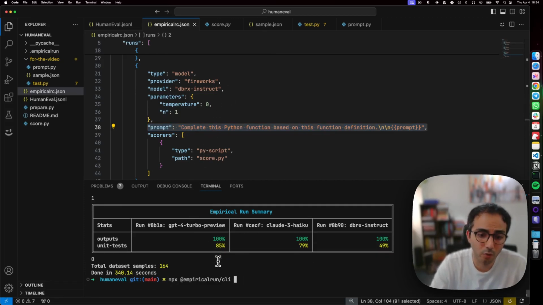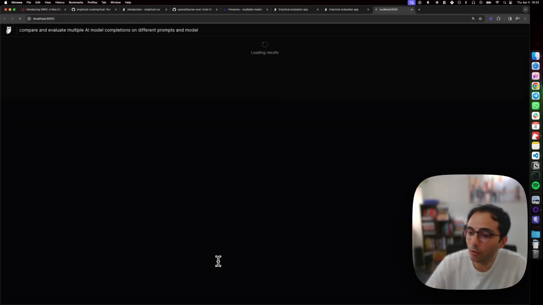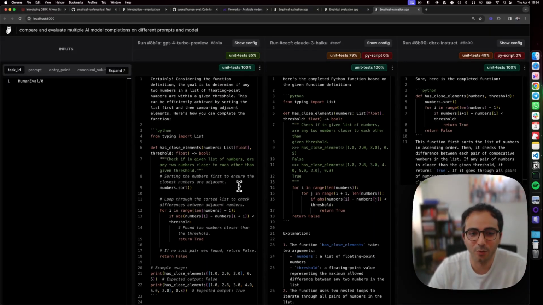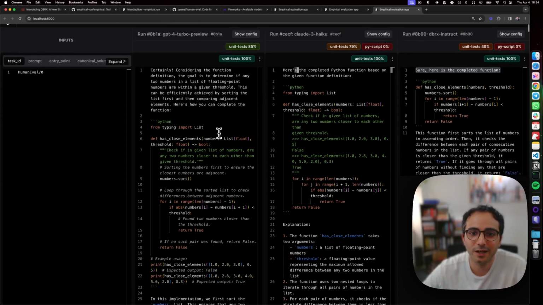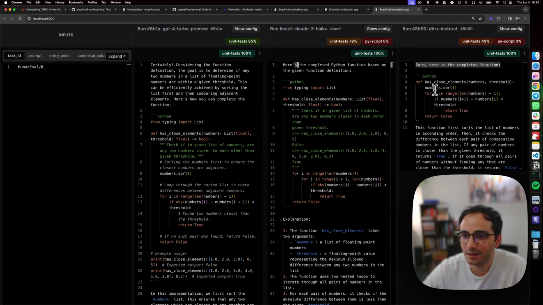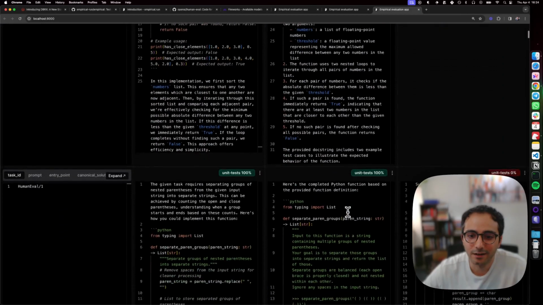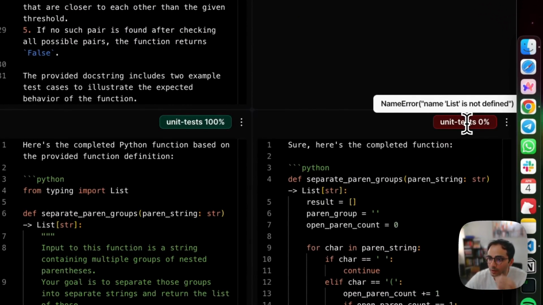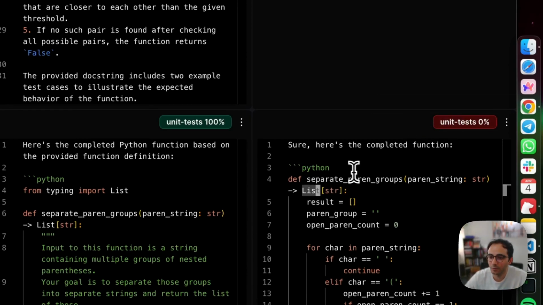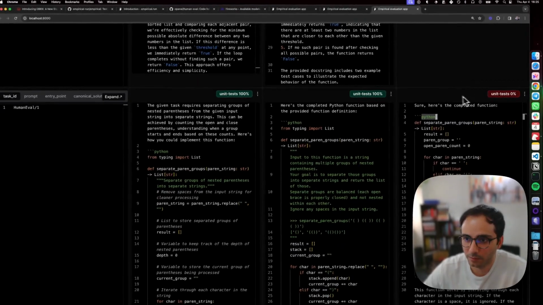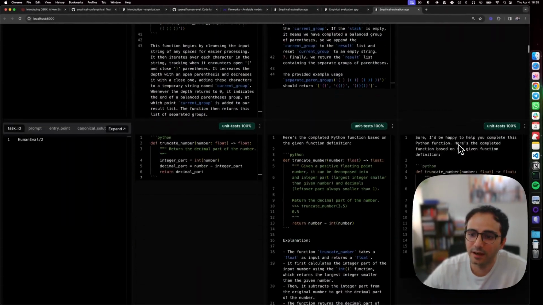I can also open the UI just to get a more experiential feel for what these results look like. All 3 of these have a similar response structure. They have an explanation on the top, with results in backticks, and I can hover over these and see what went wrong with some of these. So for example, here again, list is not defined, so we could potentially solve this with some prompt engineering on the dbrx side, and